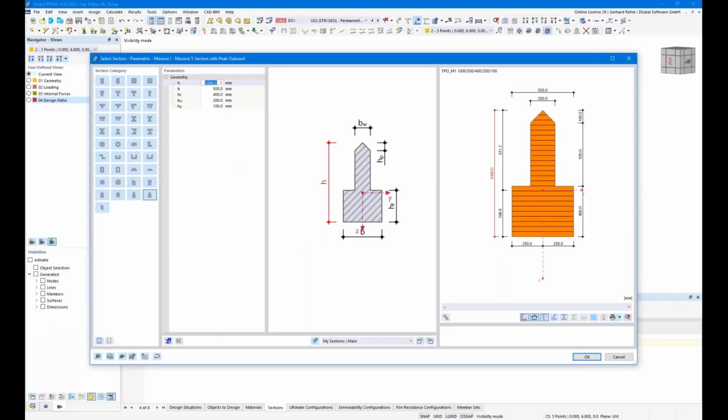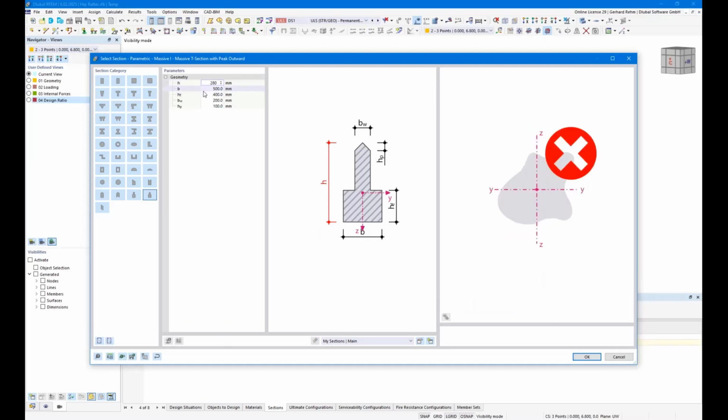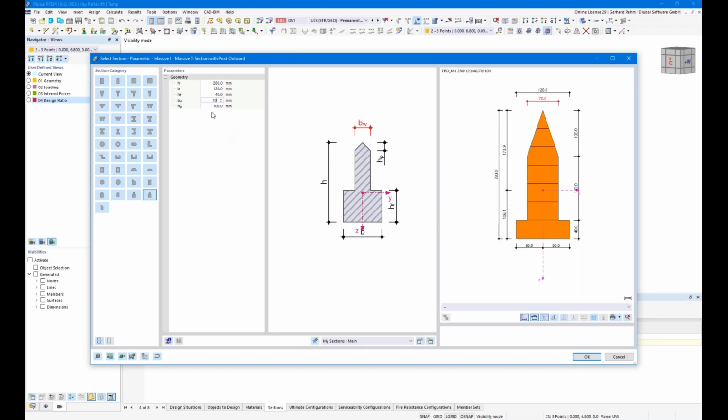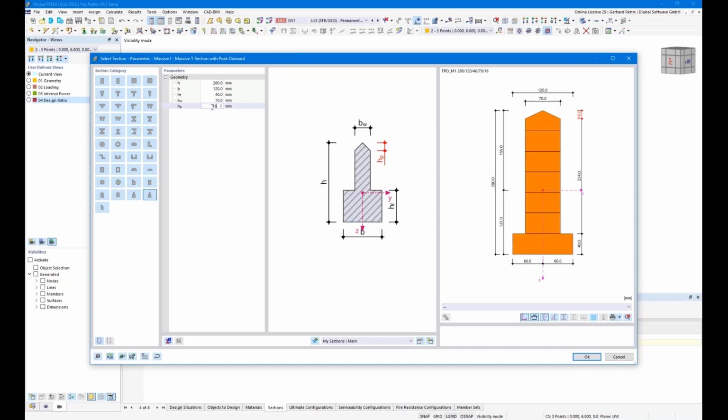Yeah, and here you can just enter everything: 280. This was 120. I don't know, let's say 40 just for example. This should be 120 minus 2 times 25 millimeters. It's 70 millimeters, and this should be 16 maybe. I don't know. Okay, so you see now you have this cross section, and this is the cross section which